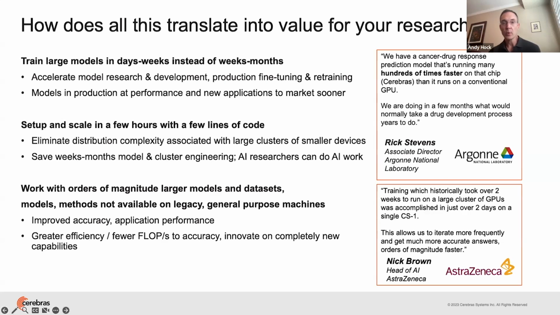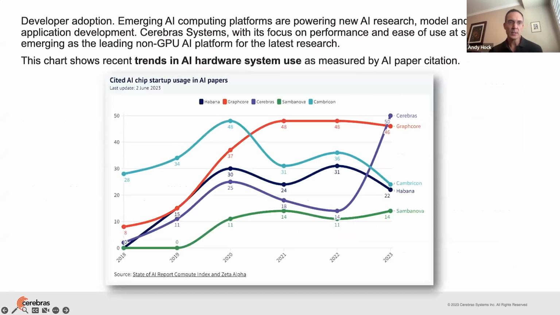And as you can see from the quote there, training a large model took them just about 2 days on a first generation Cerebras machine that was taking them 2 weeks to run on a cluster of GPUs. If we jump into the next slide, I have a few other cool examples, but